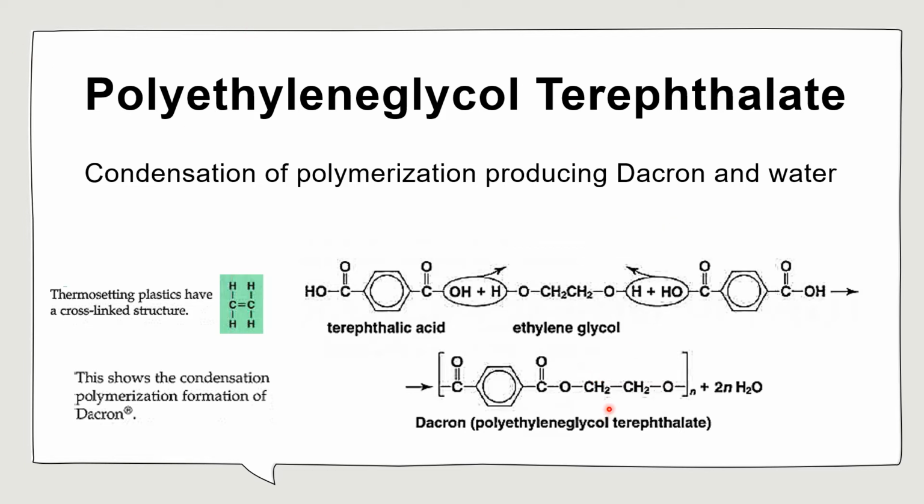So we use heat, pressure, and a catalyst, and this little guy is a catalyst. So what is it trying to do? Trying to get the water out of it. So this monomer is going to bond together, yeah? And the catalyst that we use here is ethylene glycol, right here, ethylene glycol.